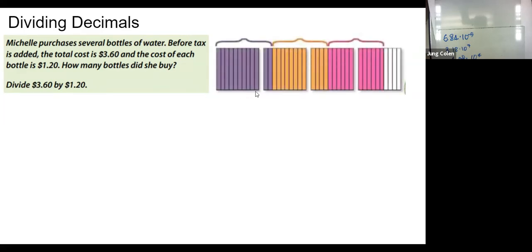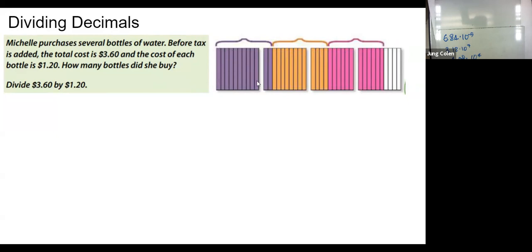And say this is $1. If you see a square there, that's $1. That's another square, another dollar, another square, another dollar. So I have $3. The fourth one, I don't have the whole, but I have only 60 cents. So you can see